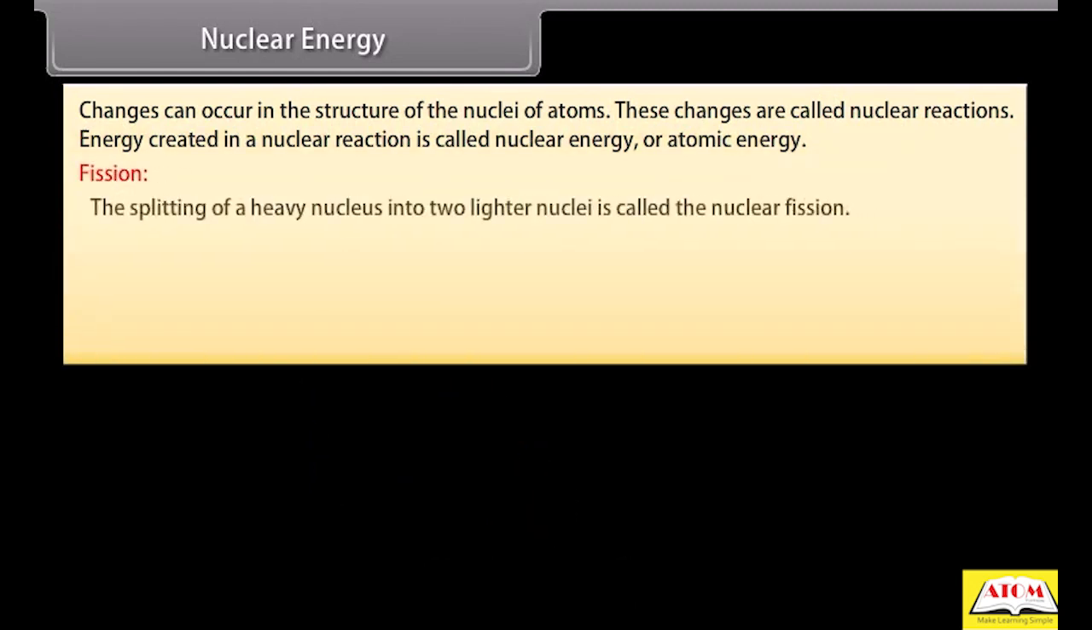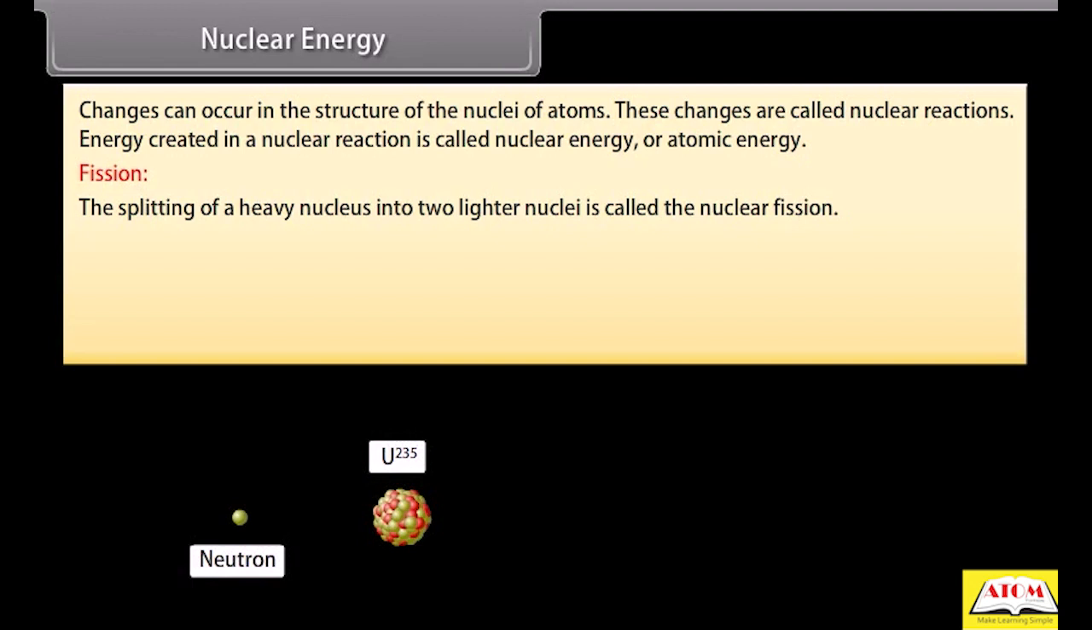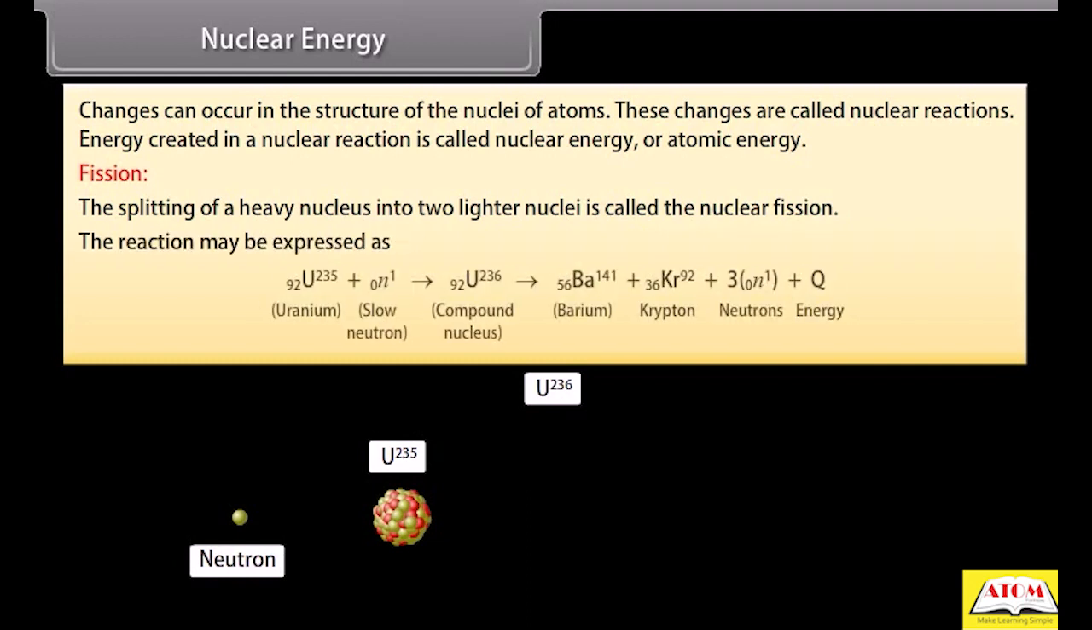Fission. The splitting of a heavy nucleus into two lighter nuclei is called nuclear fission. When a slow neutron strikes a uranium-235 nucleus, it is absorbed by the nucleus and an unstable isotope of uranium, U-236, is formed, which immediately breaks into two fragments emitting 2 or 3 neutrons with release of enormous amount of energy. The reaction may be expressed as